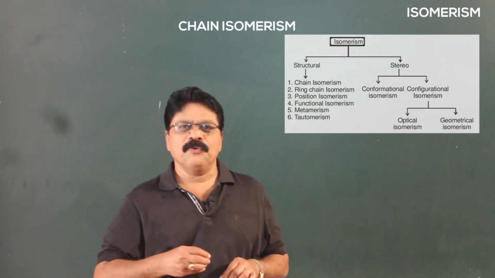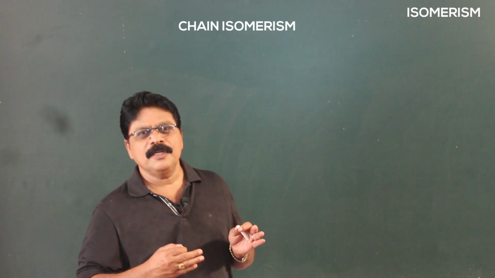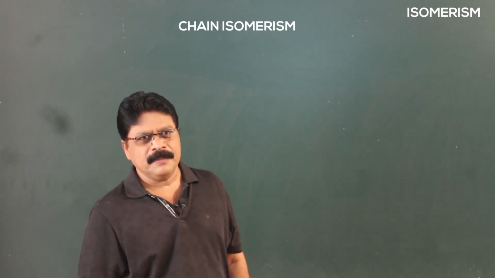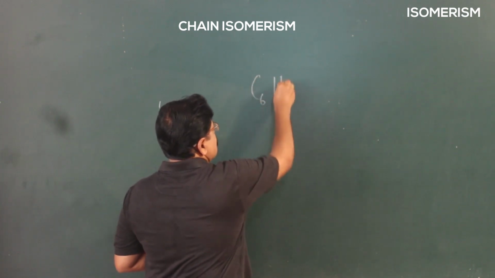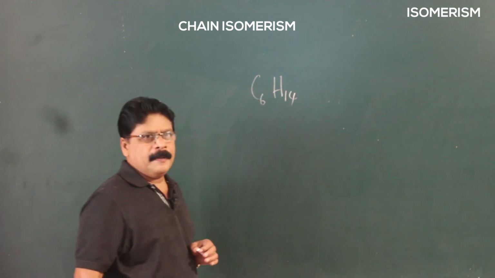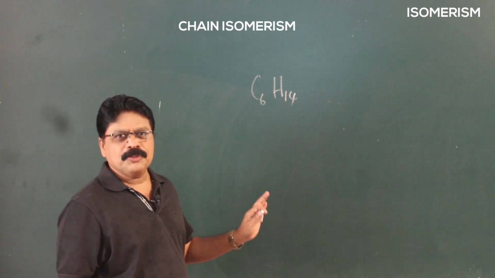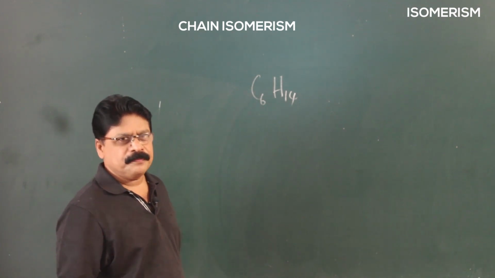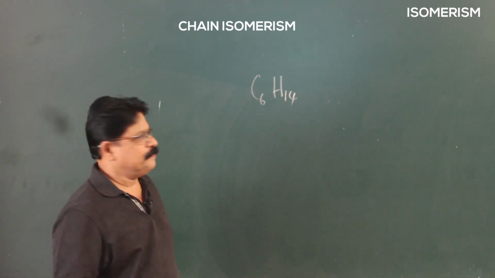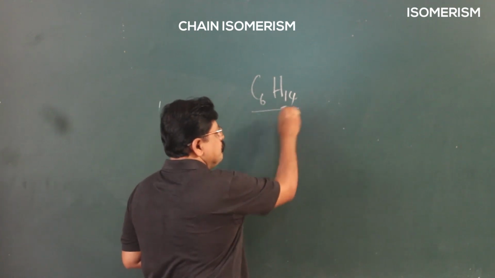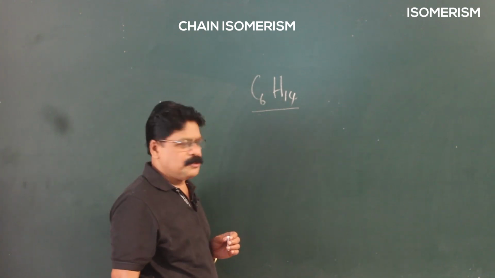Chain isomerism. So before I embark upon going into details, I would like you to just know how do you deduce structures from a formula. For example, if you are given a molecular formula of C6H14, first thing that you must always do is find out whether it belongs to CnH2n+2 or 2n or 2n-2. That will give you a hint or clue about what nature the compound could be of. Here it is C6H14. It is a saturated compound because it conforms to CnH2n+2.